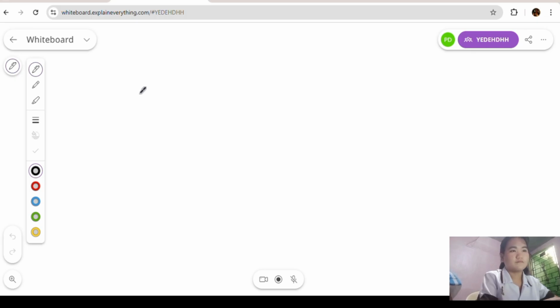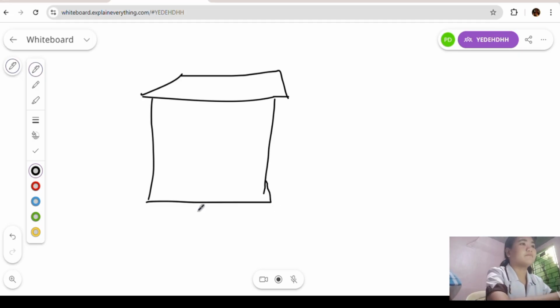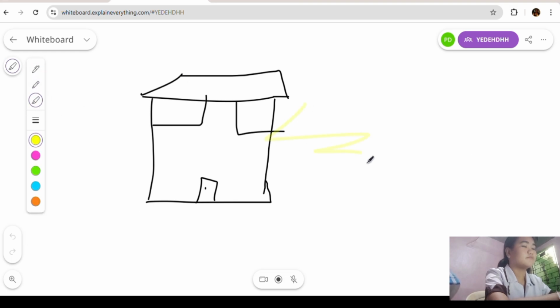And you can draw, for example, you want to draw a house, very elementary, and then we can highlight also.